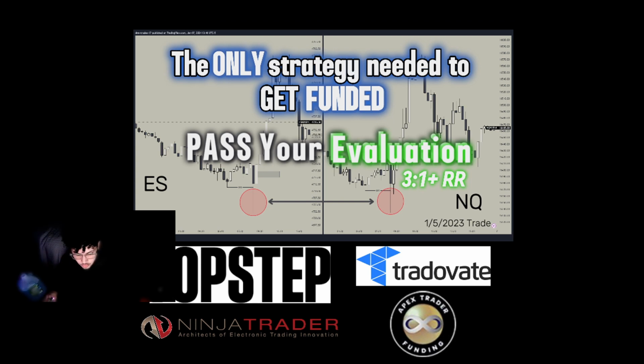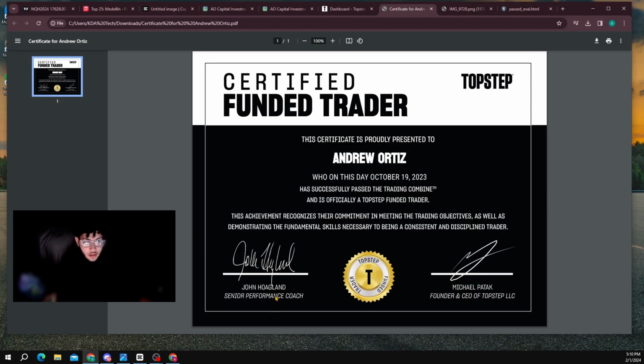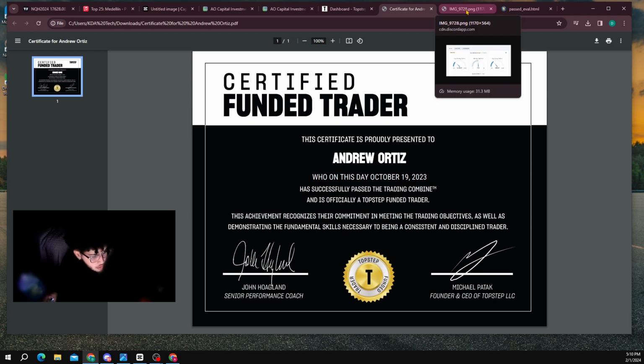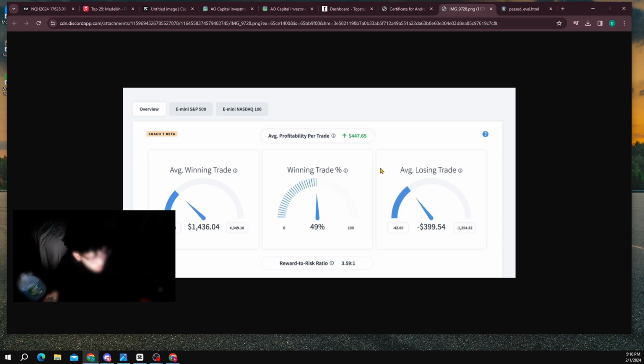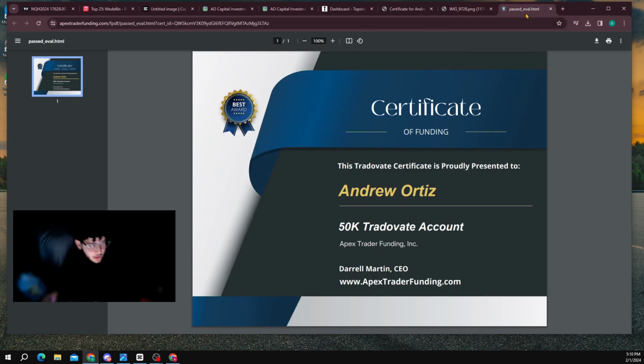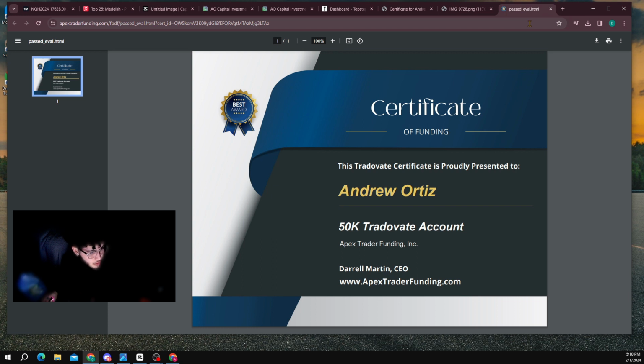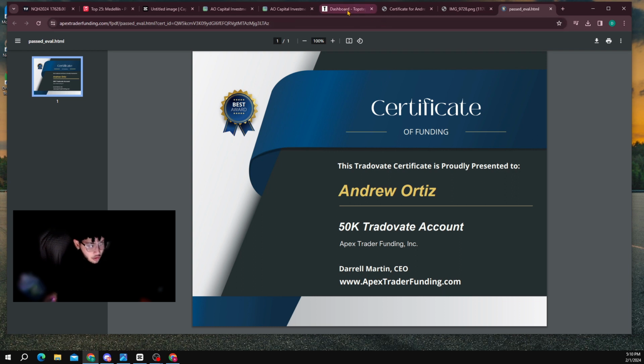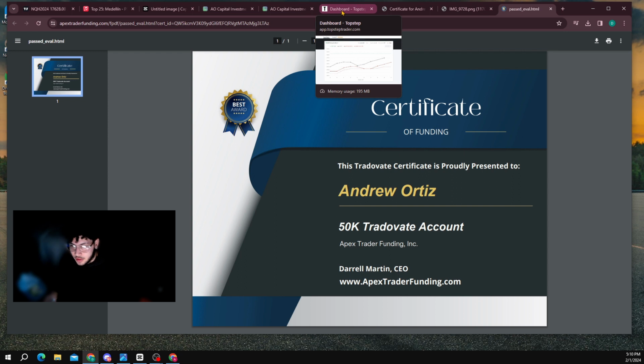Here are the credentials for those of y'all doubting, but I passed this account a few months ago and had a very good risk to reward ratio using this setup. As well, here's the Apex funded account. But yeah, basically right now I'm also doing another 150k eval, where I'm using this same setup to pass another 150k